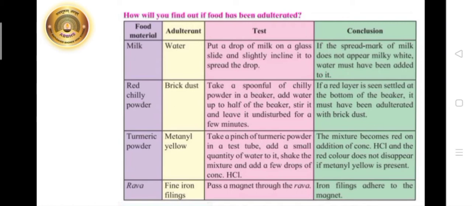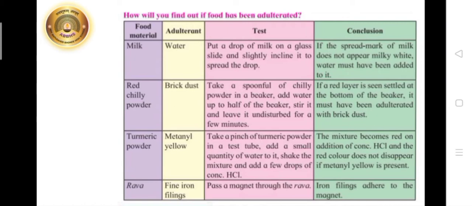Food material, turmeric powder. Adulterant, metanil yellow. Test, take a pinch of turmeric powder in a test tube, add a small quantity of water to it, shake the mixture and add a few drops of concentrated HCl.